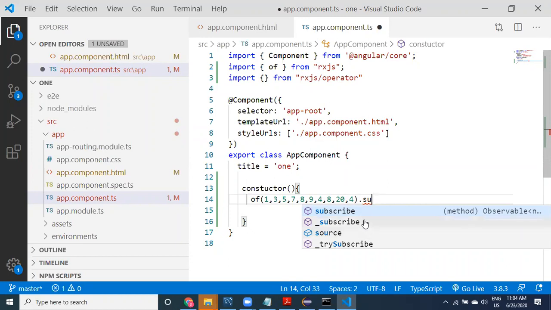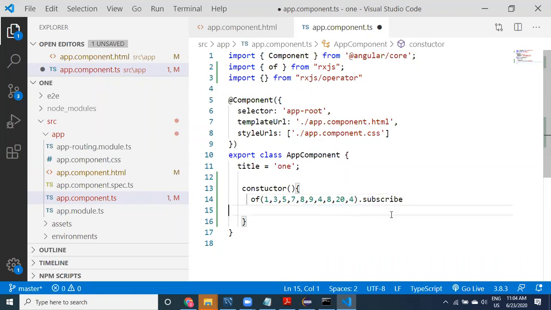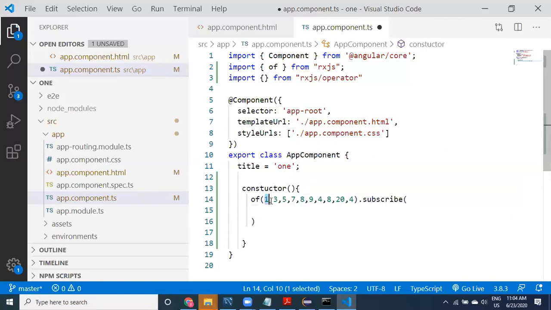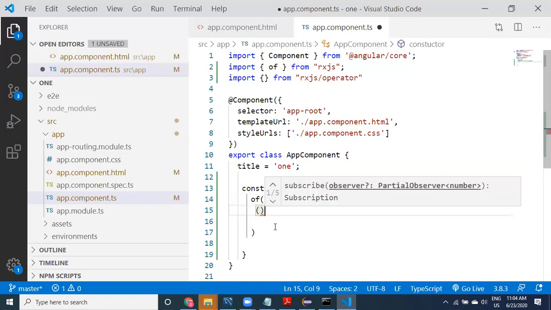This observable contains a method called subscribe. It is going to take these values one by one, first this value, and then provide it, and whatever you want to do with it, you can do. Inside this subscribe, this is a method, right?